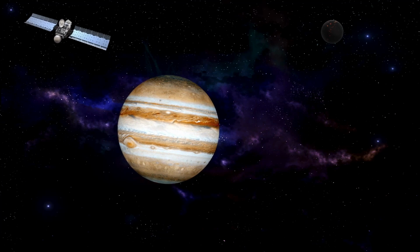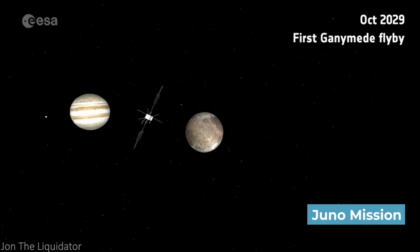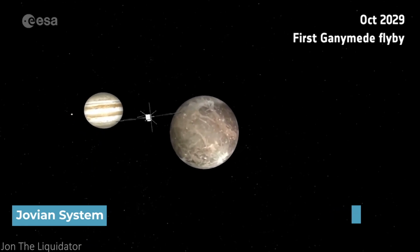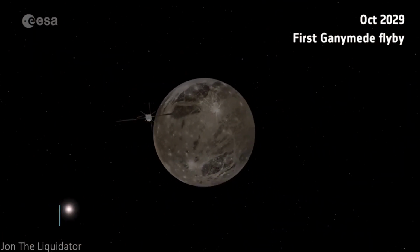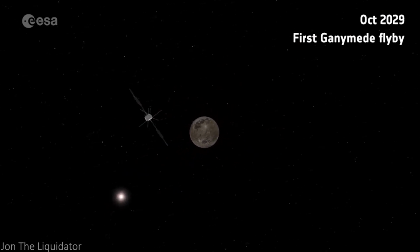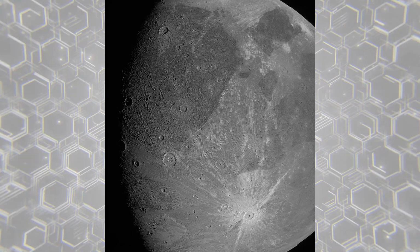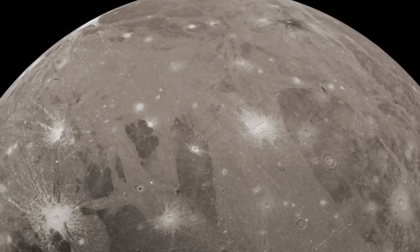Since 2016, NASA's Juno mission has been studying Jupiter and its surrounding environment, which is known as the Jovian system. And just recently, NASA has taken an even closer look at Ganymede, having recently released new close-up photos of the icy moon for the first time in 2 decades. These new findings and images by NASA also help give the European Space Agency a heads up for their upcoming